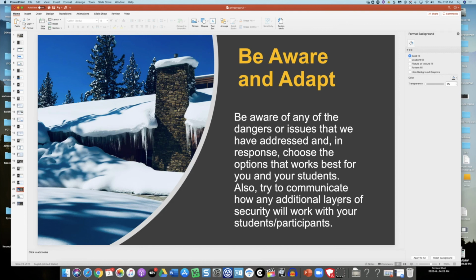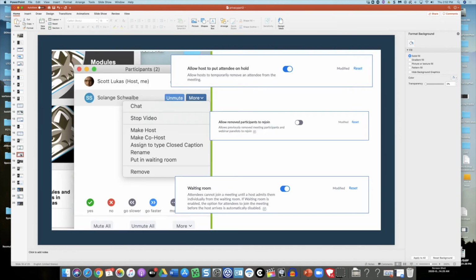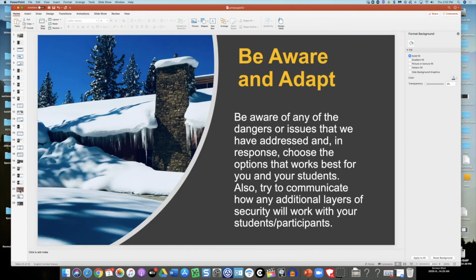If that continues to be an issue and you do have some that get through, then you can consider additional layers of security, such as the password, and then going in and taking advantage of reducing functionality of screen share, of virtual backgrounds, of annotation, of even audio in a meeting. Now, if you're trying to work with your students, of course, you probably don't want to do any of those, and instead harden your security up front, kind of like that example of the castle moat, and then in meeting take advantage of some of those controls that would allow you to put people on hold and to send them to the waiting room if there would be an issue that would arise during a meeting.